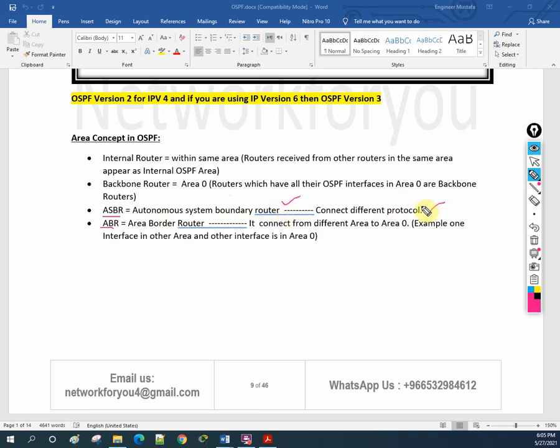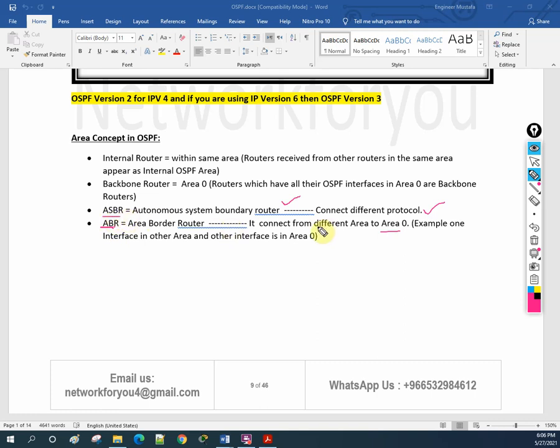In simple words, it connects different protocols. The other one, ABR, is the area border router. It connects different areas to area 0. The router used to connect different areas to area 0 is known as ABR, and the router used to connect different protocols is known as ASBR.